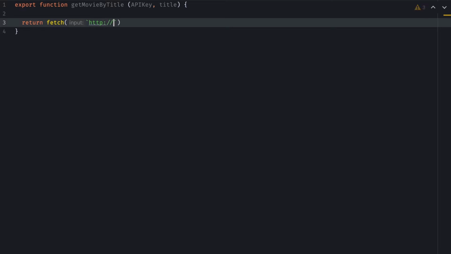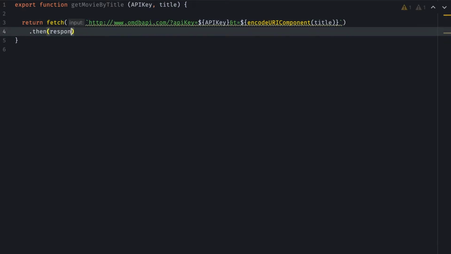So we need the domain omdbapi.com/ and then we need to pass our API key like this. So apikey, and then we'll pass our term as the title encoded for a URI like this. Just make sure that if the title has any special characters, they get escaped properly so they don't become all weird at the end of the pipe. And then parse the response